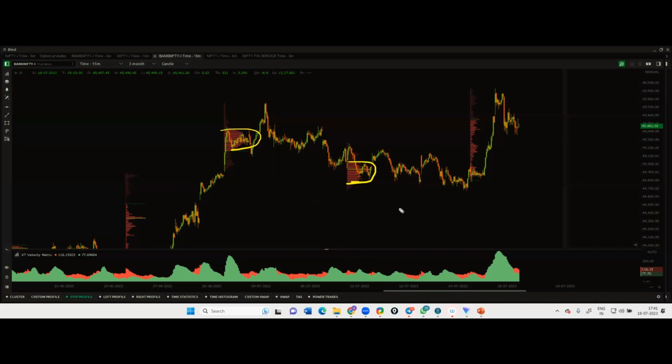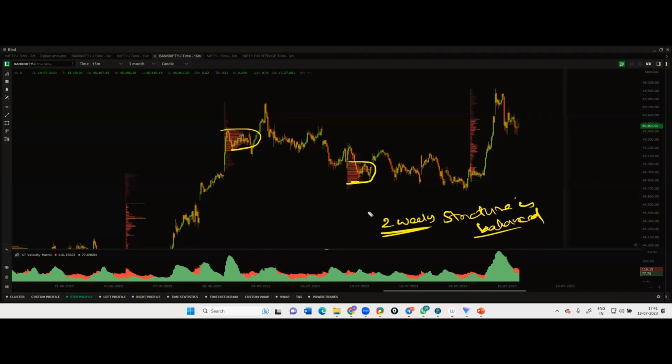Is it clear? Whenever you see that structure is balanced for 2 weeks, you can also use it for 1 week, but more often than not, when price goes into balance for a week,